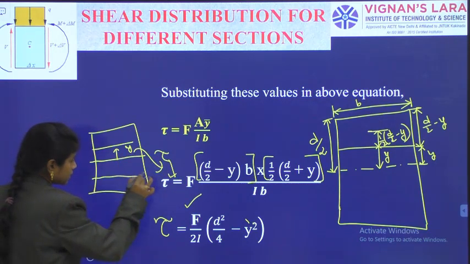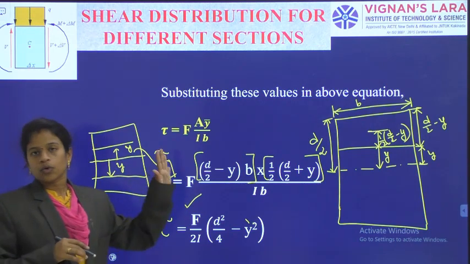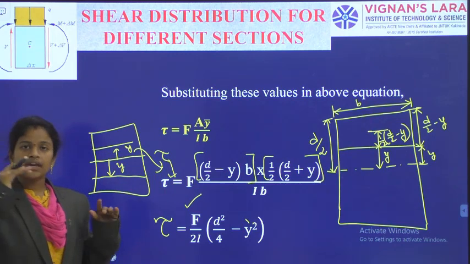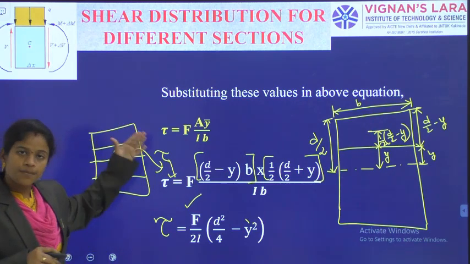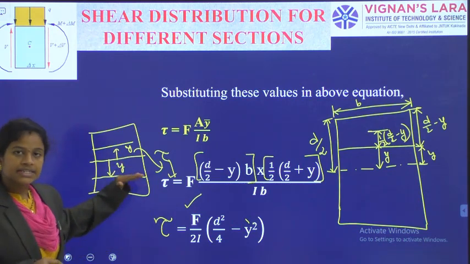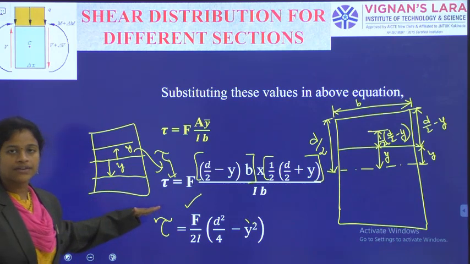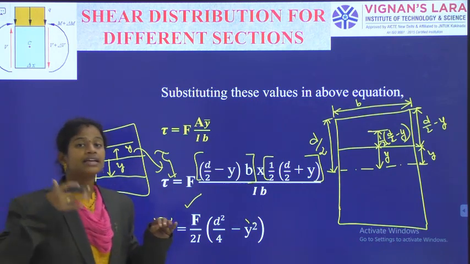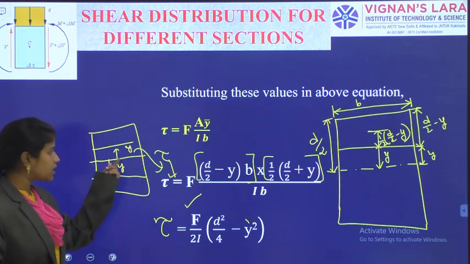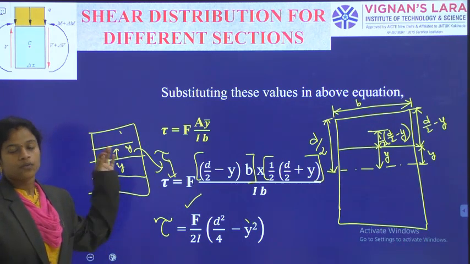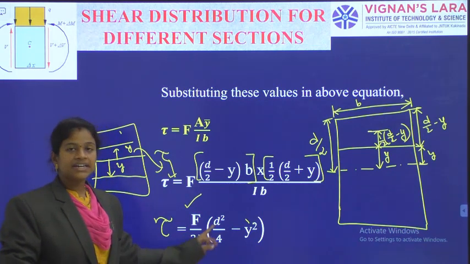If it is at this level, whether below or above, whatever the way, if it is at a distance of y from the neutral axis, either in the top or in the bottom, I am not considering that is above or that is below, just at a distance of y from the neutral axis. So I can go up or I can go down. Whatever it is, the shear stress at the section, tau, is equal to F by 2I into (d square by 4